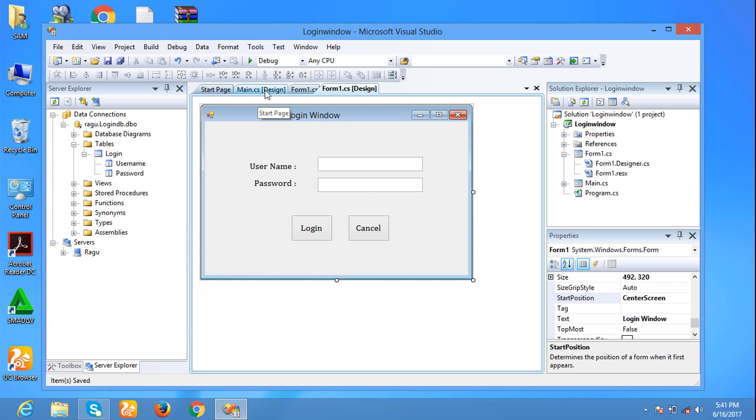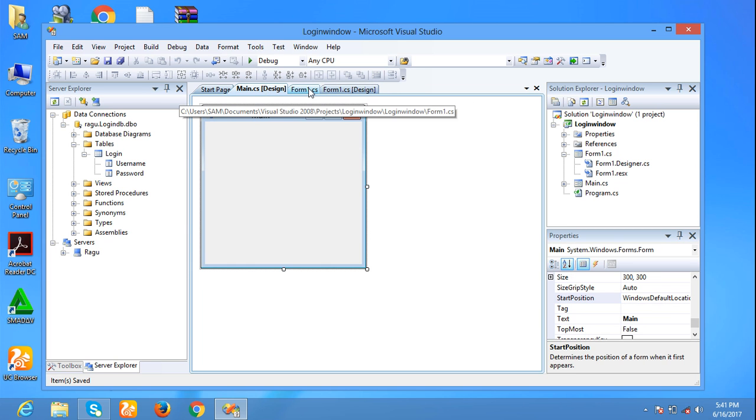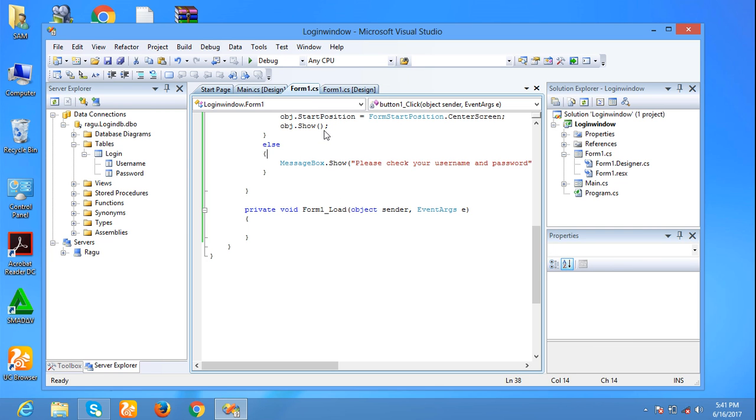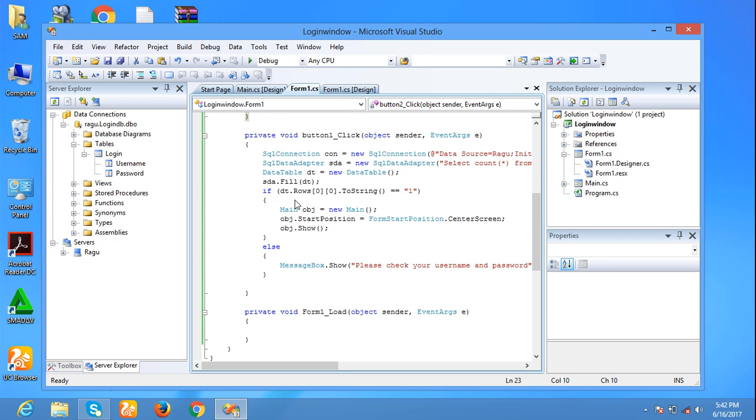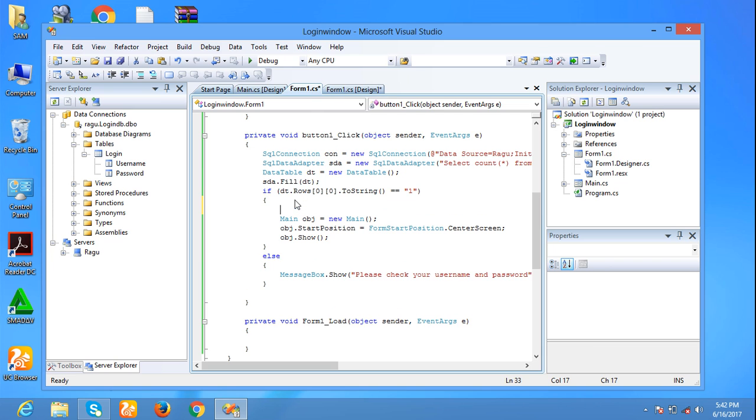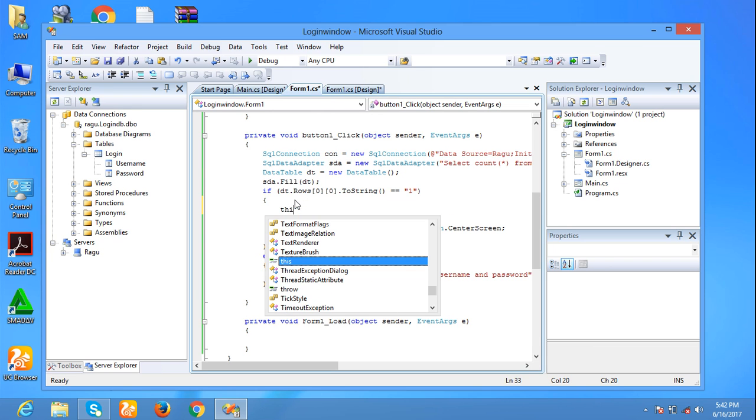And one more thing: when I log in, before the main form is loaded, the login form will be hidden. So this.Hide.